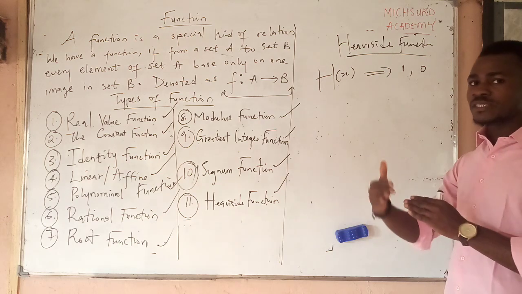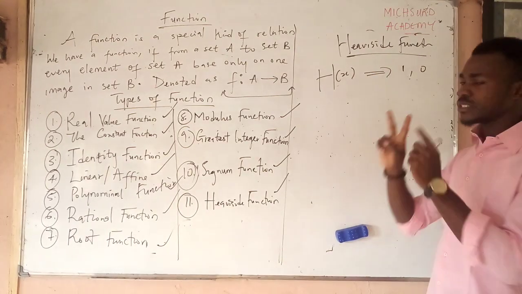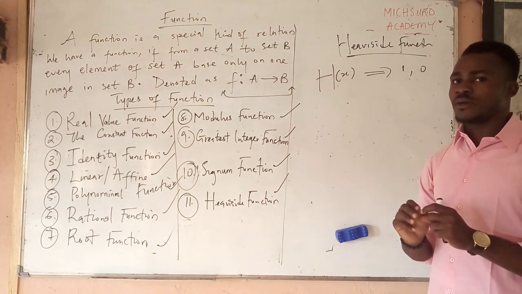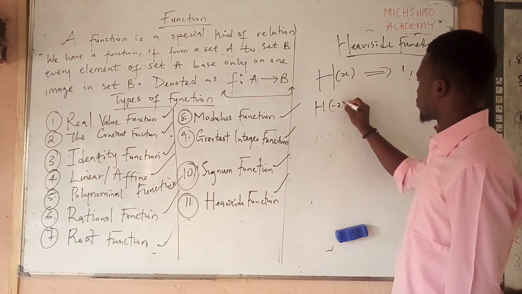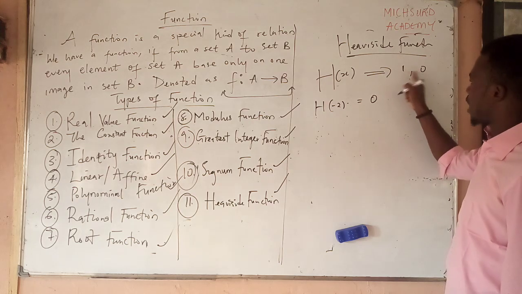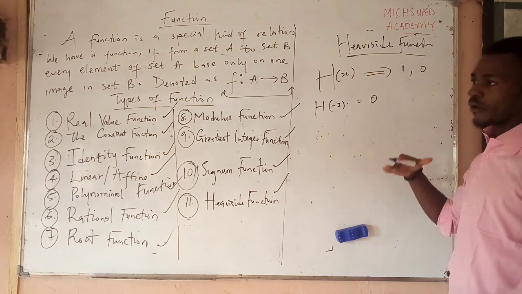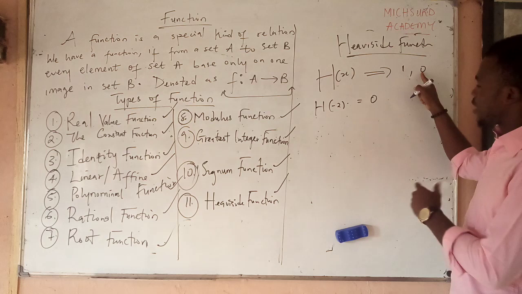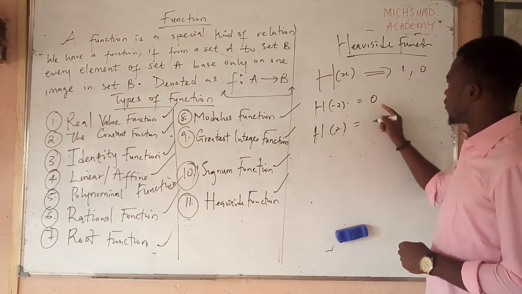The signum function takes values like 1, 0, and minus 1, but the Heaviside function takes just two values: positive 1 and 0. So if we are asked to find the Heaviside of minus 2, of course the value there will be 0, because these are the only two values it takes. Once the value is less than or equal to 0, the only output it can take is 0. Now, if we have the Heaviside of 2,